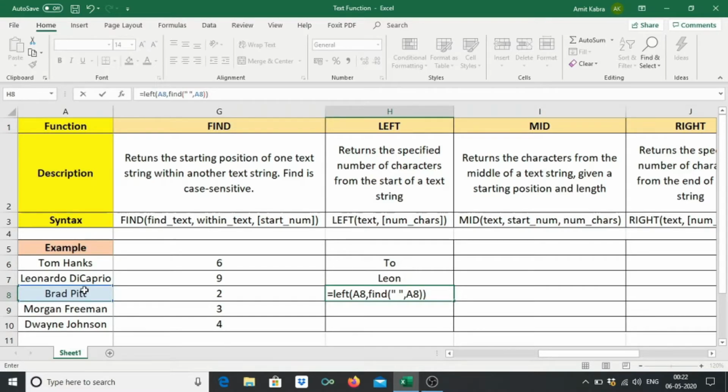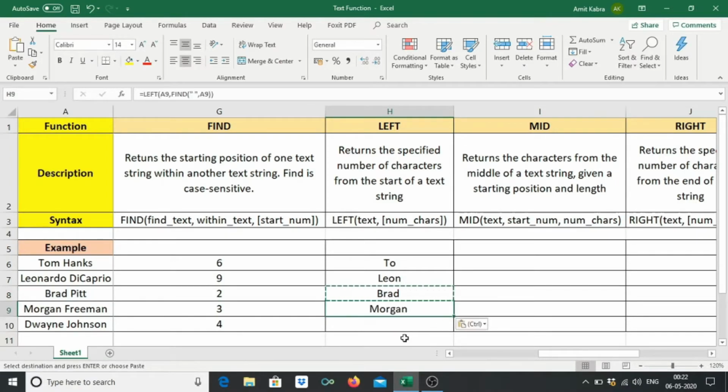Now after the bracket close, you can see we have written only the name. Repeat, the formula is: you select this word, then you take as many letters as it takes till you find a blank. So find the blank in this word. It found the blank at the 5th position, so it is taking 4 letters. So it basically returned the name. If we apply the same formula to the next cell, we get the name. Again, if we apply the same formula to the next cell, we get Dwayne. So this was basically the function of the LEFT function.